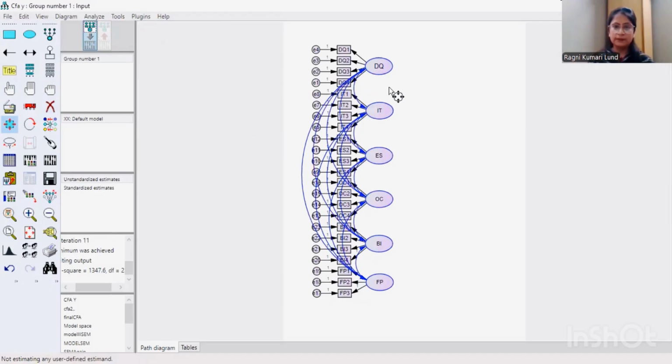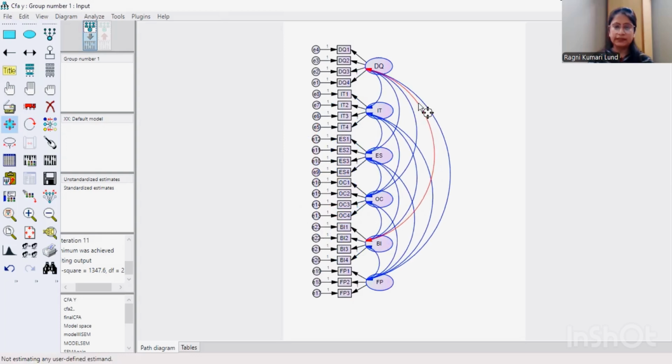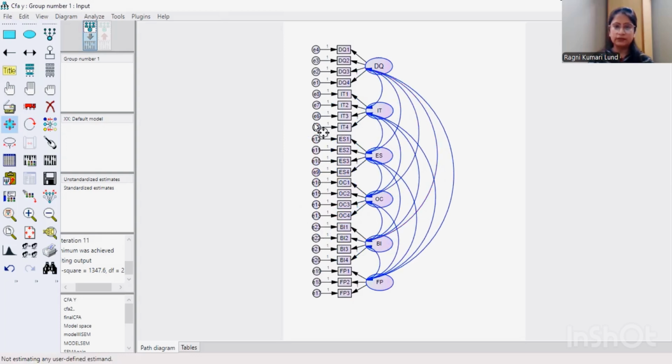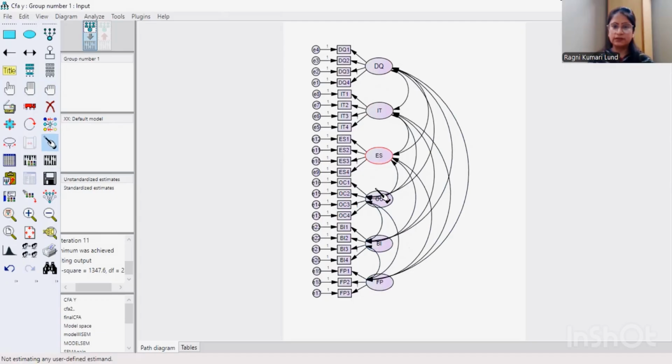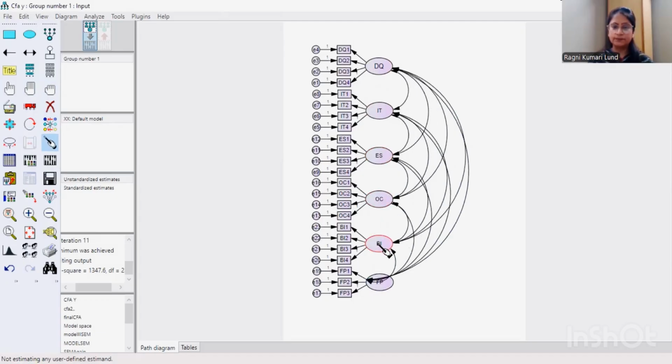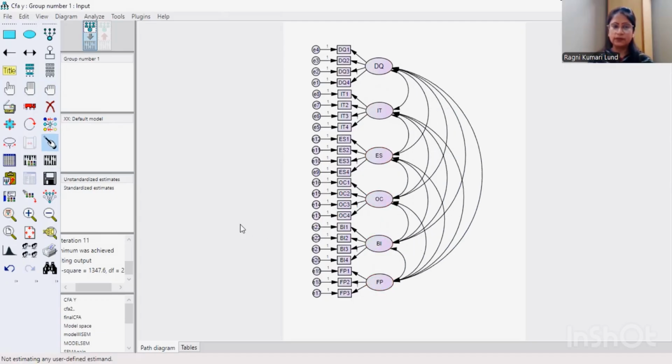Now select this and do this. Then deselect all, select this touch up variable, then make all arrows correctly. So now it's done. If you want to report this image in your CFA analysis in a research paper, then you may do so.